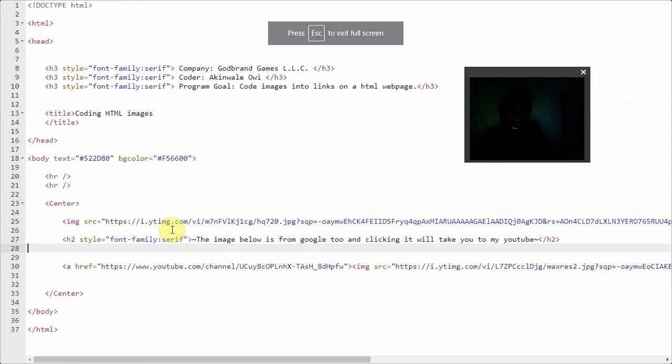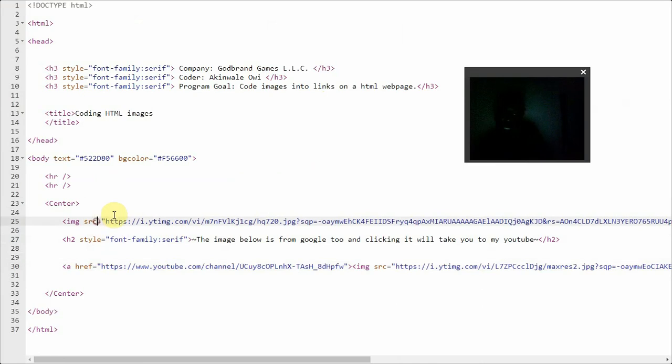It's a slight change. The beginning for the just image is image source. But for the image that's a link, you have to add open and closing tags before the image source: an href, then the destination target, which was my YouTube channel. So it's an open and close tag before the image source even happens. After you do get to the image source,